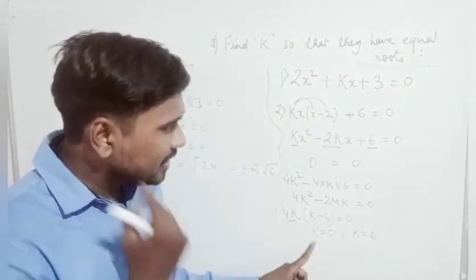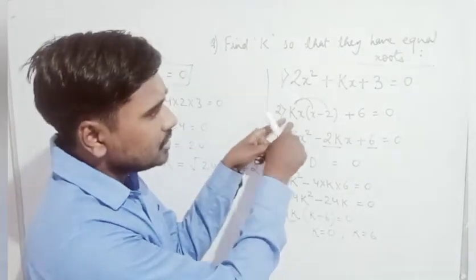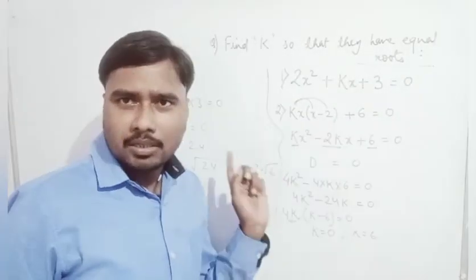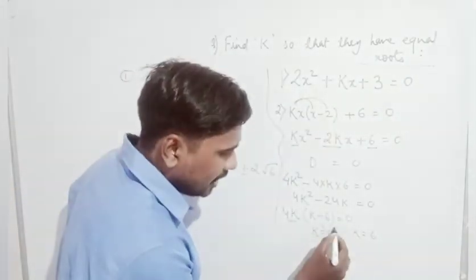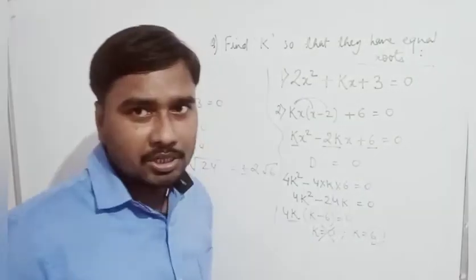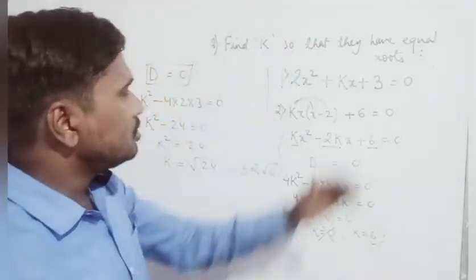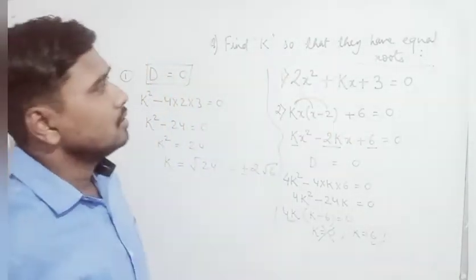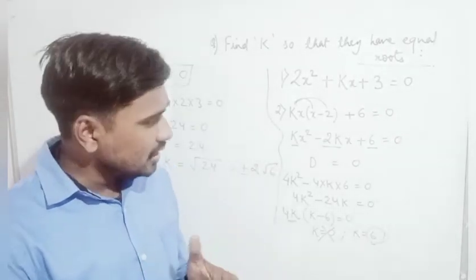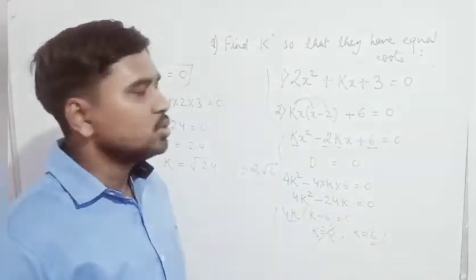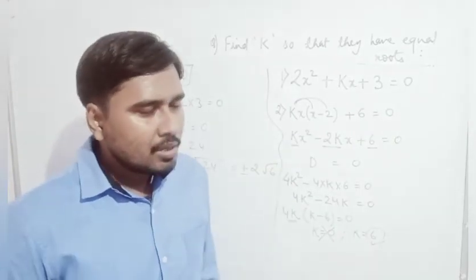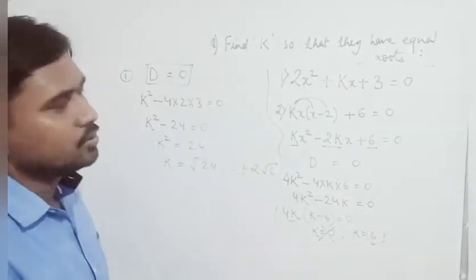Now if the value of k is 0, if you put 0 here, only a number will be there. No x square, no x. That's why the value k equal to 0 is not possible. So the value of k will be 6. Clear? So these are the questions from NCERT: the factorization method, then the quadratic formula, and finding the values of k by the nature of roots. These are some questions from NCERT. Okay, so you have to solve all these questions. Clear?